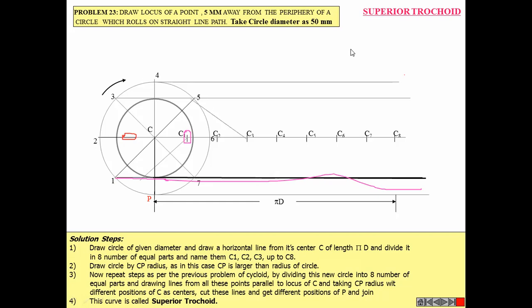Okay, then C3 to the third line. The third line is coming from this horizontal third line. This line number 3 we have cut here. We got one point here. Then 4 to 4 means center point 4 and the mark on line 4. Then 5 to 5, 6 to 6, but it is not visible as it is a horizontal line. 7 to 7 and 8 to 8.